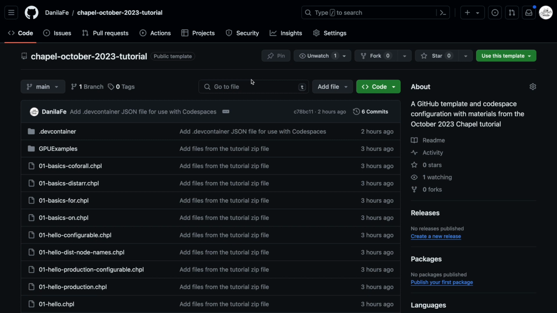Now, although GitHub Codespaces are a very convenient way to get started, they don't have the best performance. So if you're looking to adequately assess Chapel's performance on parallel or multi-node systems, you might be better off creating a local installation and following instructions in the README below. However, to get started, it's sufficient to open this repository and create a codespace by going to this Use this